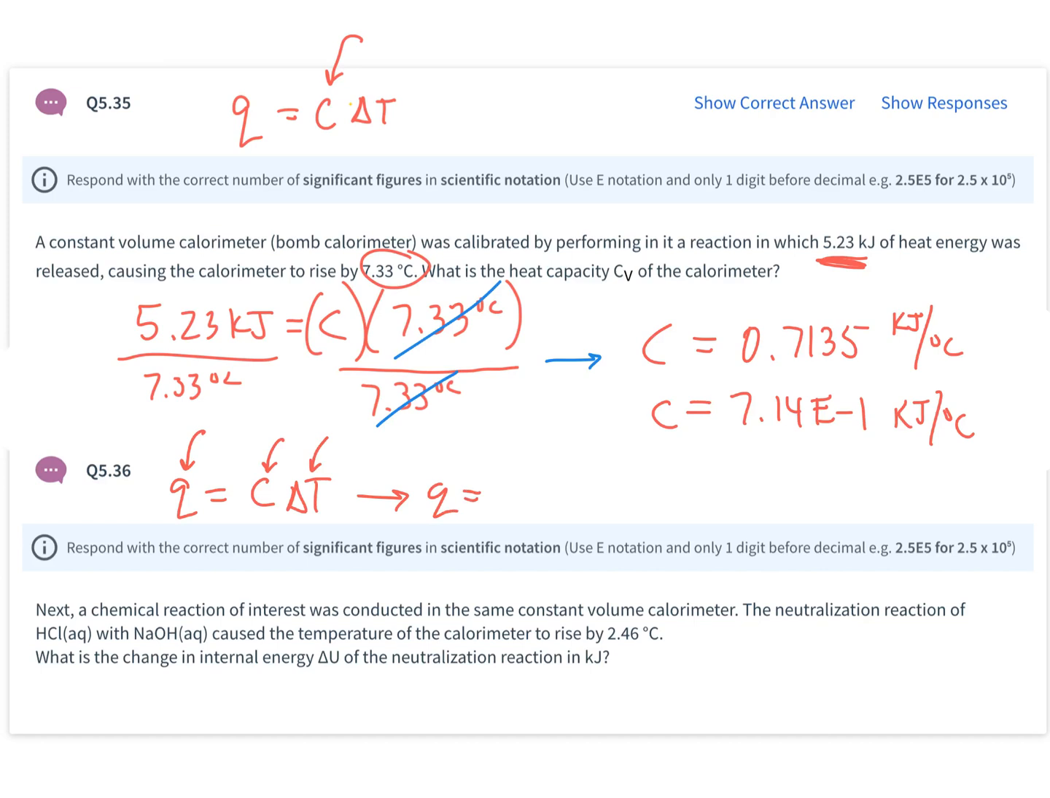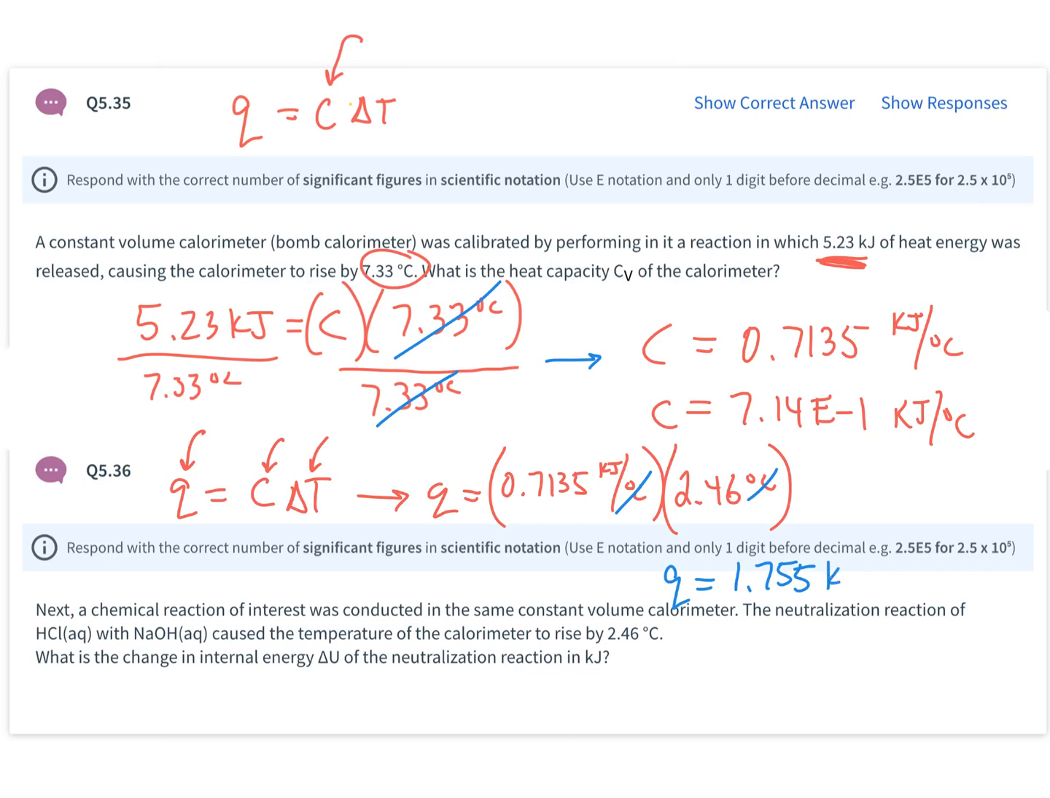Now I'm looking for the heat of this reaction, and that's going to equal the heat capacity of the calorimeter, so 0.7135 kilojoules per degree Celsius, times my temperature, 2.46 degrees C. When I multiply, temperature cancels out, and I'm left with Q in joules, or kilojoules in this case, which is good because Q should always be my heat. So I multiply 0.7135 by 2.46, and I get an answer of approximately